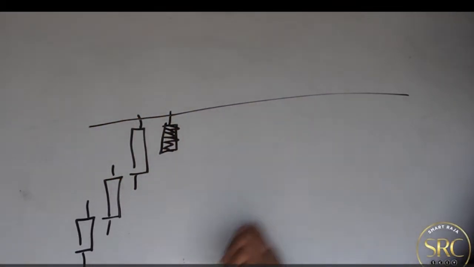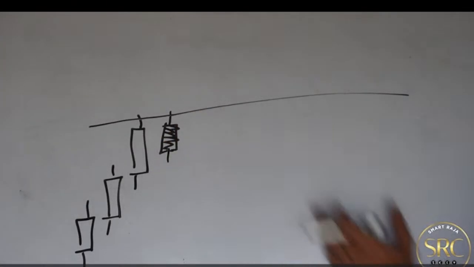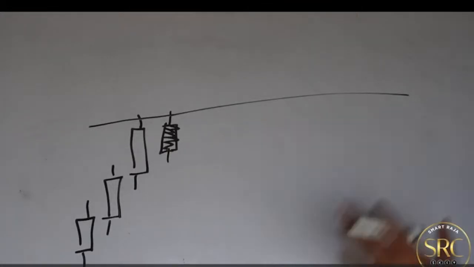Now, if you've gone through the section of zones and ranges, you may look at this and say, okay, you know what, Raja, based on that virtual class we did, price is at a 30-minute zone, and a 30-minute zone is a very strong zone, so there's a higher probability it can go down. Why can't we take sells? The reason why you can't take sells at this point is because, let's say you take sells at this point